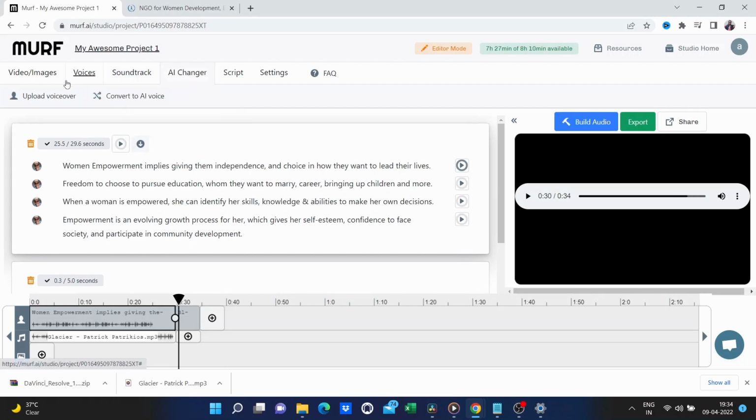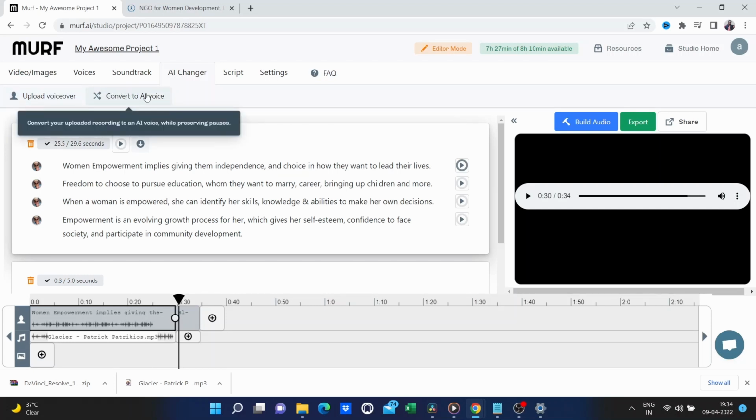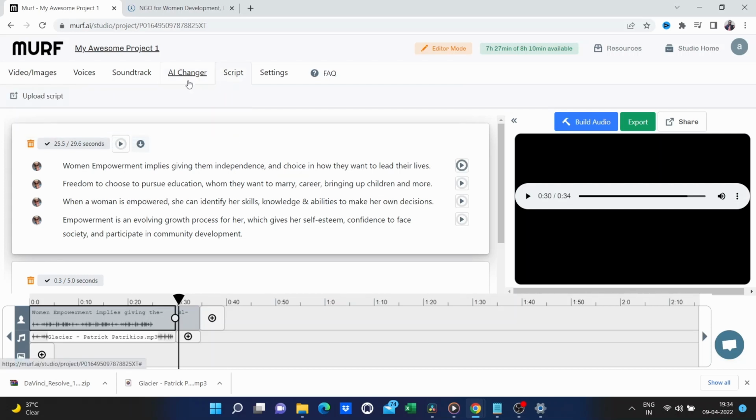This is cool because you can upload a voiceover, and if it's your own voice, it will be transcribed and converted to one of the AI voices. And then the scripts, this is where you can upload scripts if you have them already in text format. Under settings, these are just a few more options you can use, and then you have your facts.